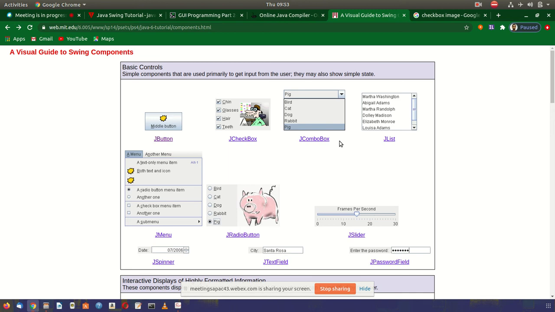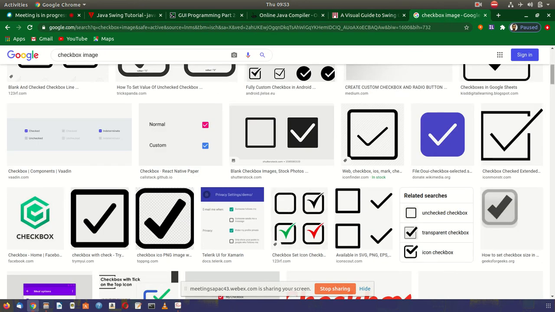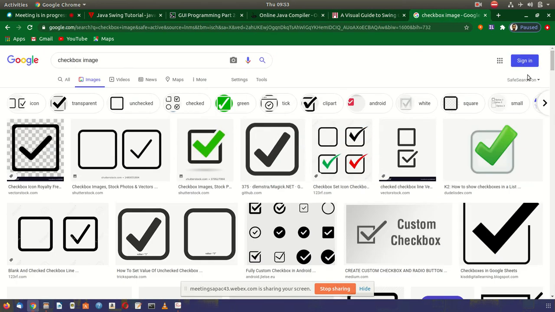So it is an example of a combo box, where a list drops down when you press the triangle button. If you press it, a list will drop down. So here I will say this is a combo box. You see here, if I click on this, this list comes out.